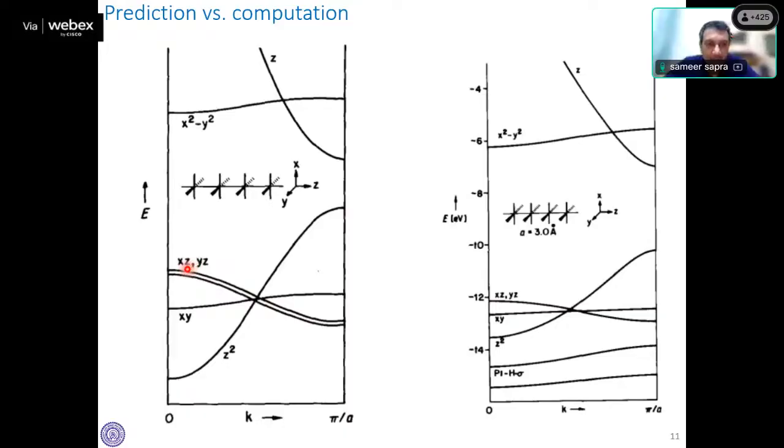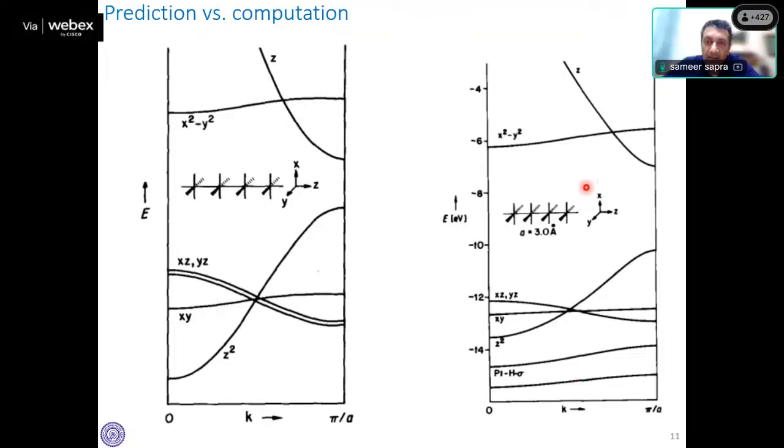And XZ and YZ, which are running from up to down, they were broader than XY but less than z square. And also z was again very broad, it's going out of the scale. And this is your x square minus y square, which is got to be flat. You will not be able to make this unless you know some bit of symmetry, that they fall at the same point. Yes, but you can do a lot of qualitative prediction, and